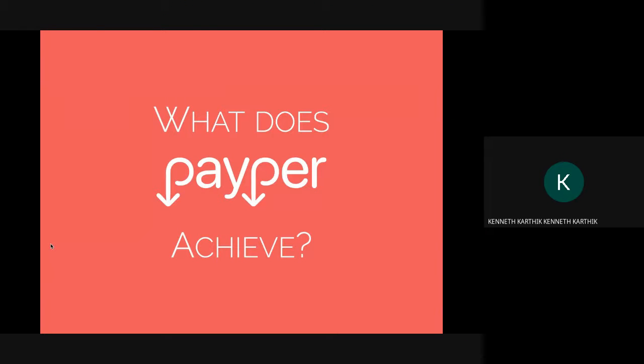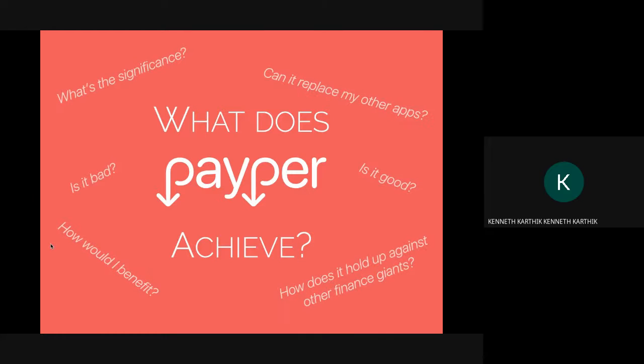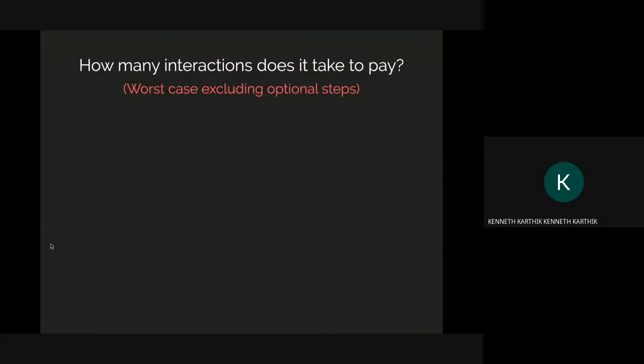What has this achieved? Looking at a final product is one thing, but once you see the metrics, comparing it to what was studied before, there's a lot of questions which will rise. Like, is it good? Would you actually benefit from it? Is it worth switching an application from it? And also, since the other competition is actually by massive financial giants like Flipkart and Google, would it be worth switching over? So first thing, you see the things of the UI interaction elements.